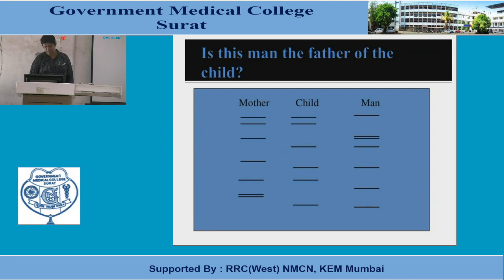Same things. Here first the child DNA has been made and the child DNA fingerprinting is there, and then the mother and the father. Mother DNA fingerprinting is done, it is going to be sequenced with the child, and the remaining bands which are not identified with the mother are going to be identified with the father. Okay, that man is the particular father of that child.